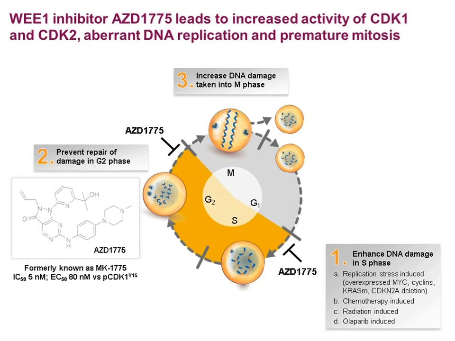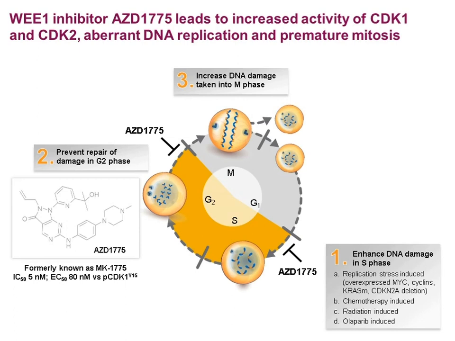So one of the aspects that I mentioned was the potential to impact on the levels of dNTPs. And WEE1 regulates dNTPs through its control of CDK2, which in turn controls E2F transcription factor and ribonucleotide reductase M2 subunit, which in turn helps to provide the pool of dNTPs for replication. The consequences of inhibiting WEE1, therefore, are to increase essentially the activity of CDK2 to provide aberrant DNA replication, and also increase activity of CDK1 that normally prevents